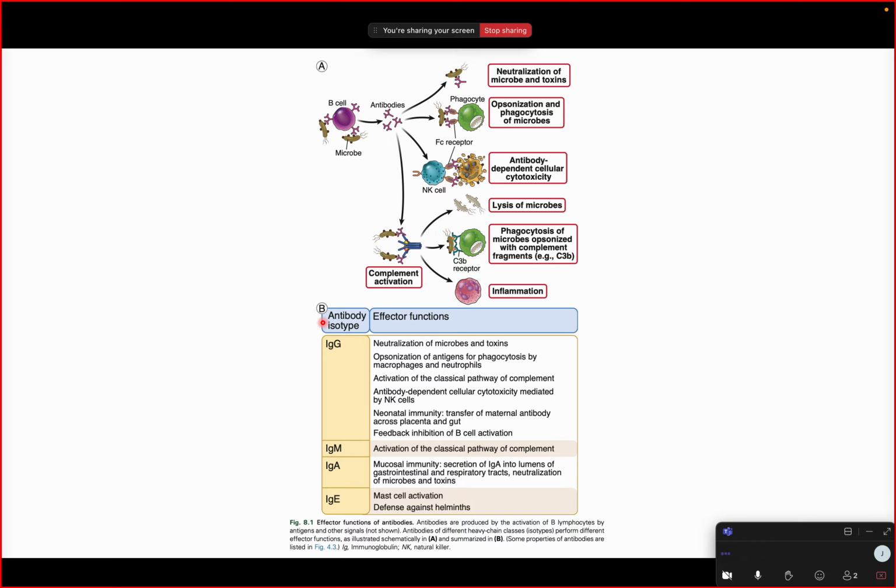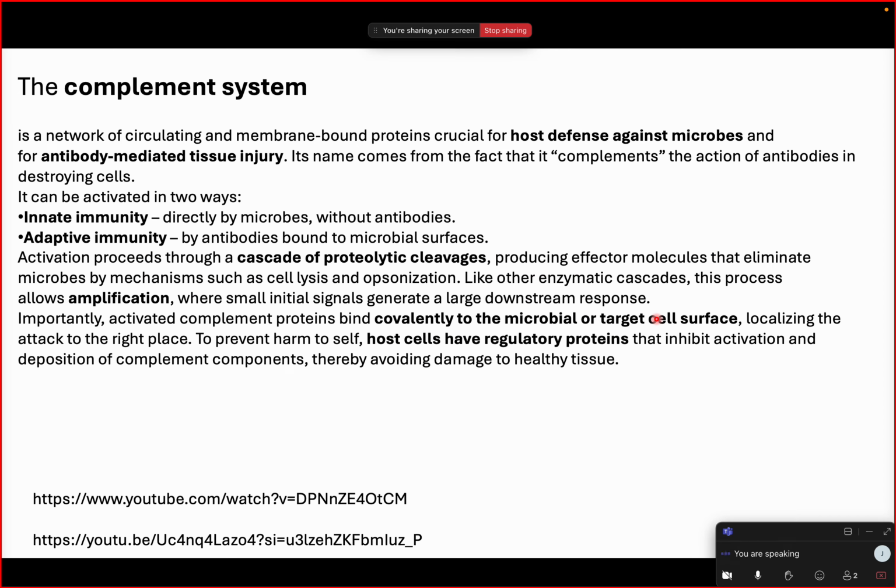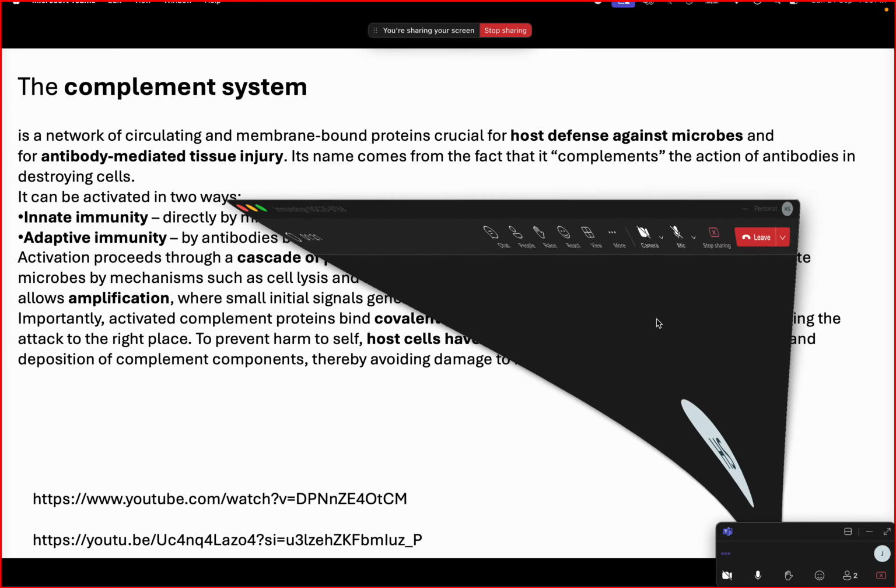So as you can see here, there is another important function which is called complement activation, which we have been hearing about since the first class, that there is innate immunity, active immunity, humoral immunity, cell mediated immunity. A major type of humoral immunity is also complement activation. Okay, so now we are digging into complement system. So the complement system